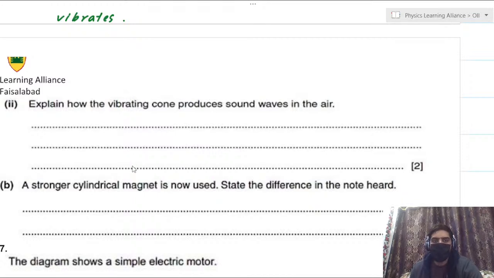Now we bring that concept over here, which is as the cone vibrates, the atoms or the particles of the air next to the coil also vibrate, or there would be compression and rarefaction. And that compression and rarefaction propagates from one place to another in the form of sound waves, in the form of longitudinal waves. So what we write here is,